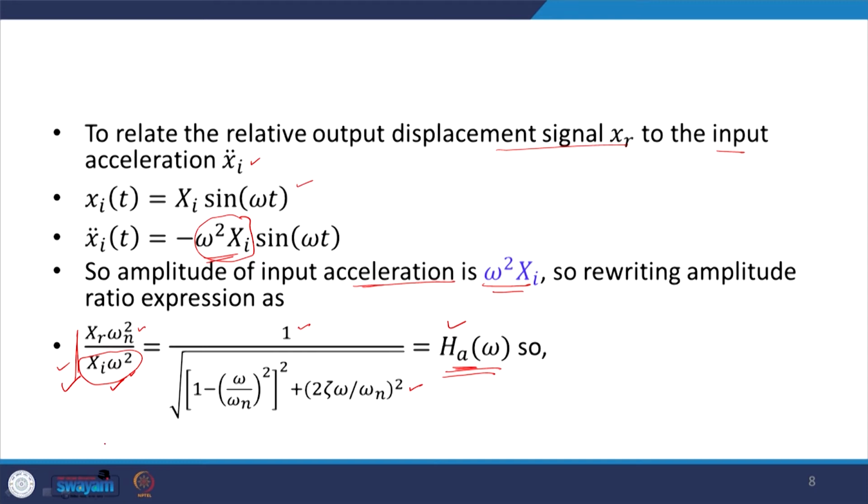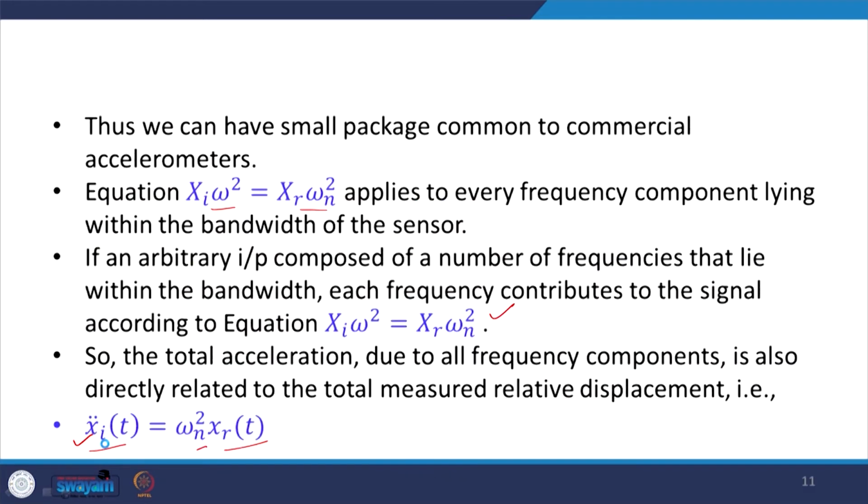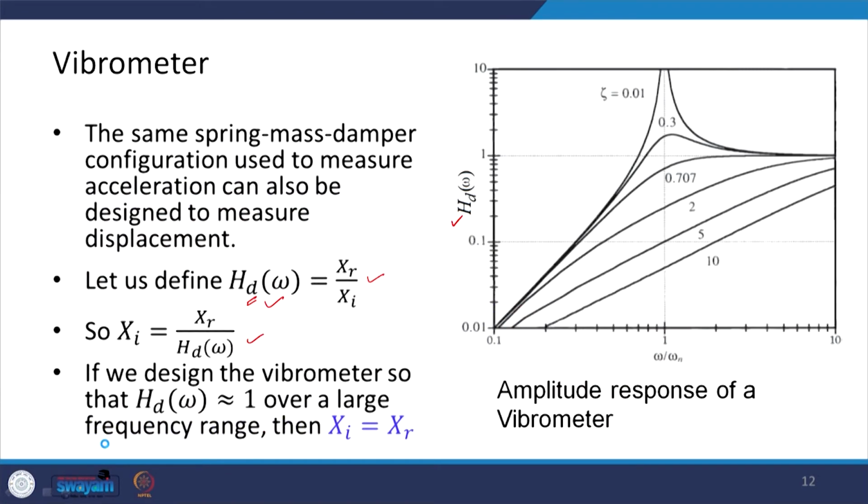So, that xr by xi, that is the Hd which I get, if I plot that Hd for different omega by omega n ratio, then again you can see that here